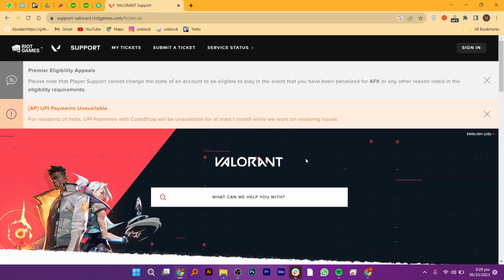First of all, open up the support.valorant.riotgames site. If you are unable to invite your friends to play with you, you have to be sure if the account you're inviting belongs to your region. If that's not a problem and you're still not able to invite them, in this case, we have different